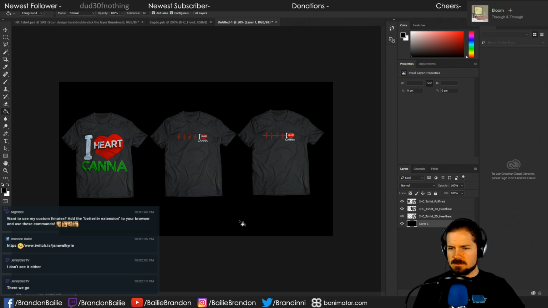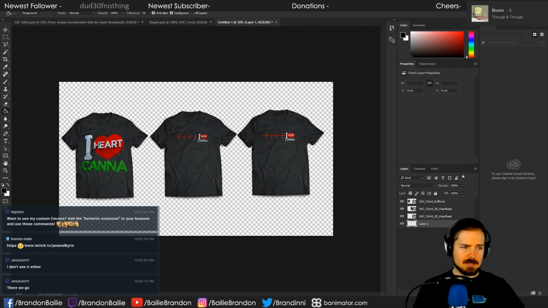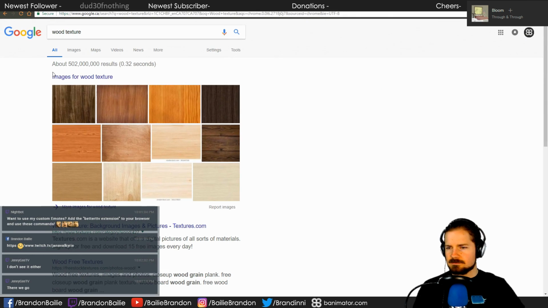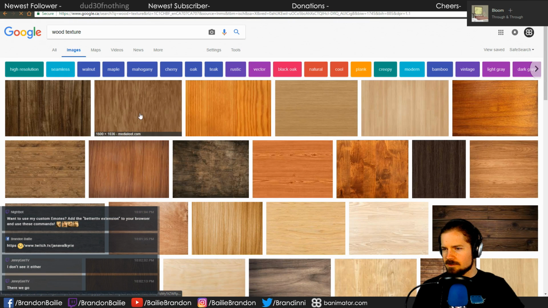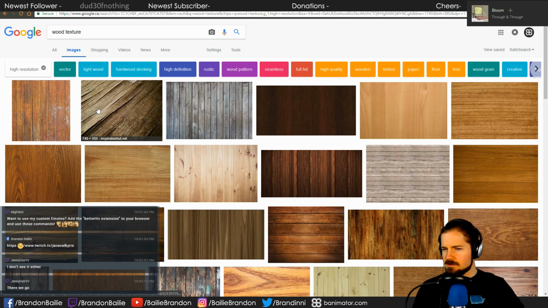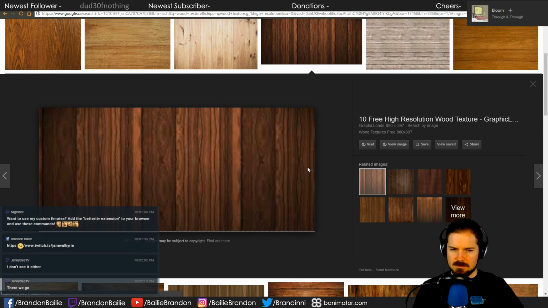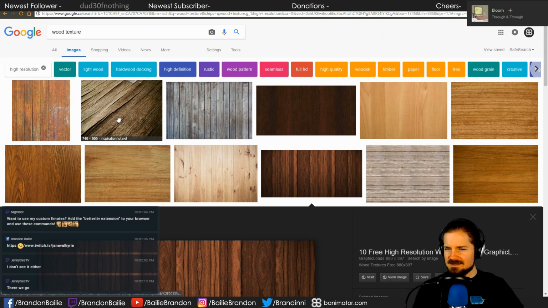You don't have to do it black or anything here. Let's just find some silly wood texture, something like that, right? I need something high resolution. This looks good. No, that's not high resolution.